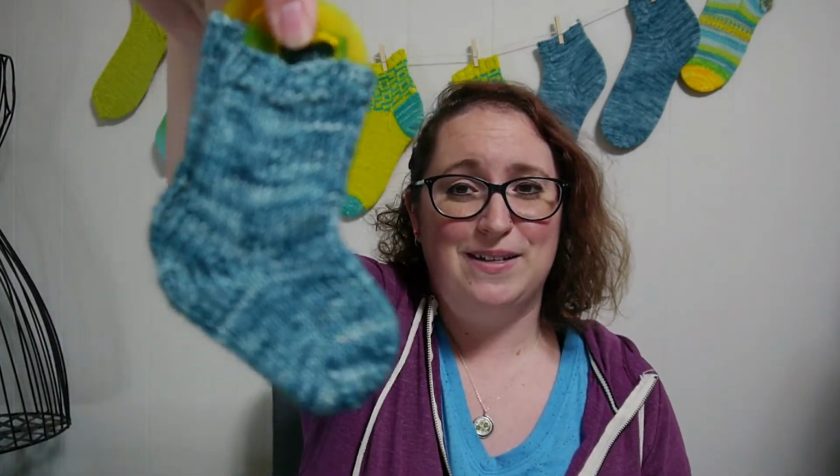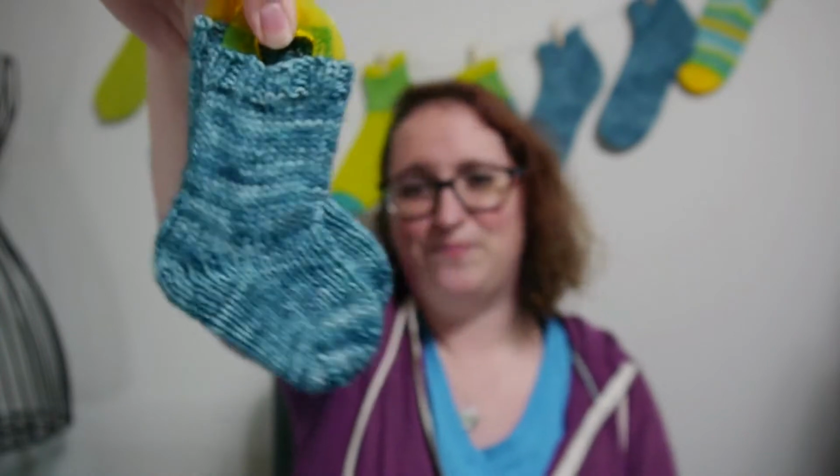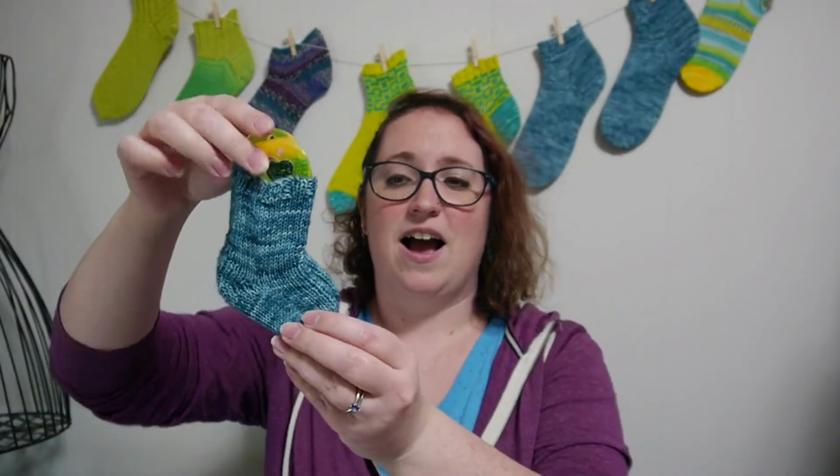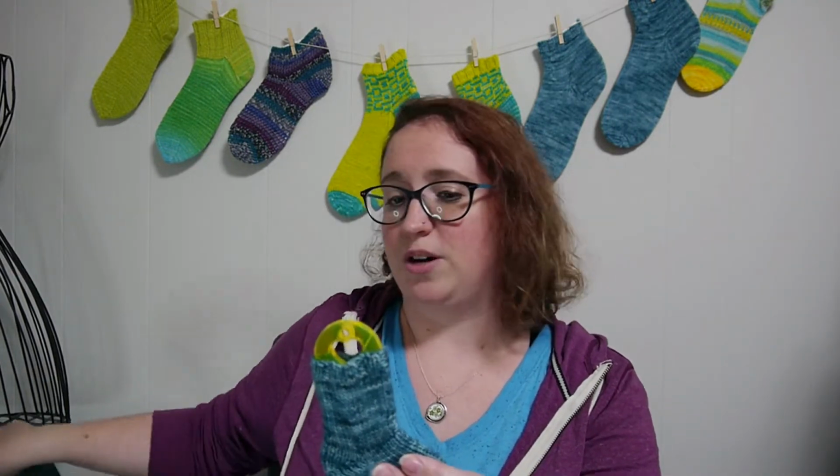The place also accepts baby socks. Oh my goodness. They're so cute. I do not have the original pattern to these socks anymore. I have modified, and pieced together different bits of sock knowledge that I have, and I don't remember the original pattern anymore. Sorry. But I do want to share with you